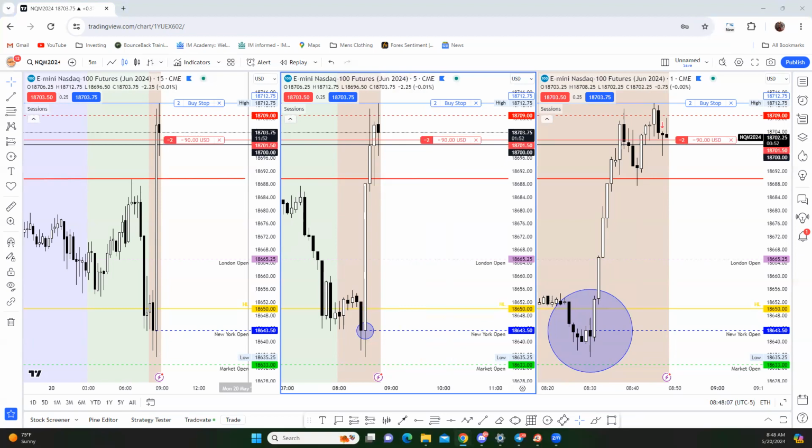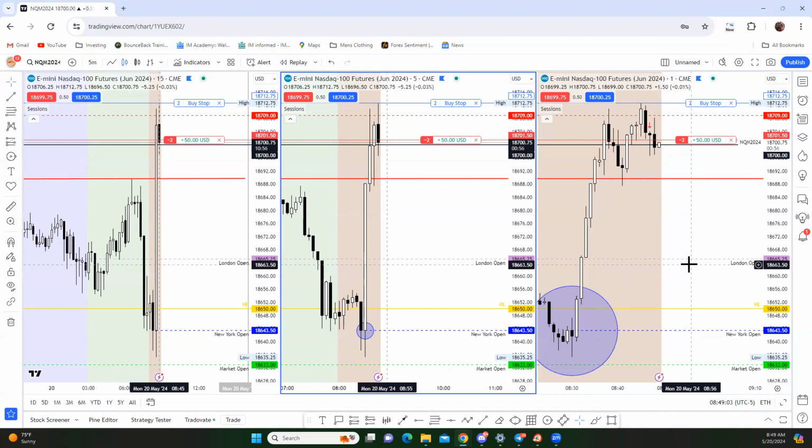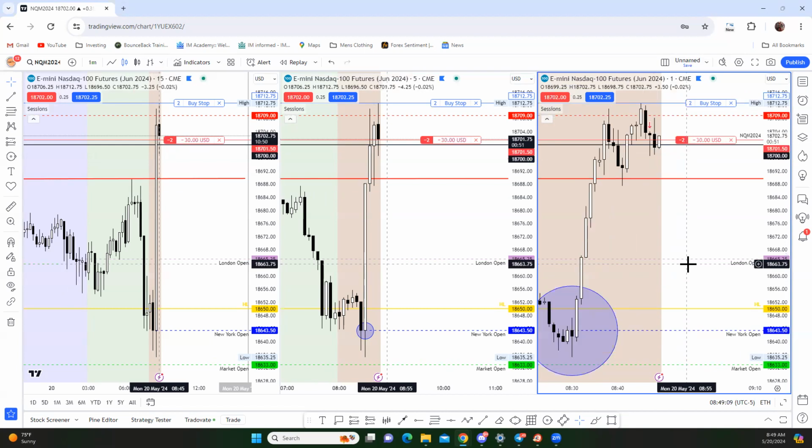So we'll be patient. If we can get a 5 minute to close below 18,700, I think we may have a chance on this one. I do like how the price looks. I believe we're on the right side of the V if I was a buyer, like buying this market. So I could see at least London Open B somewhere they could push if we fail the